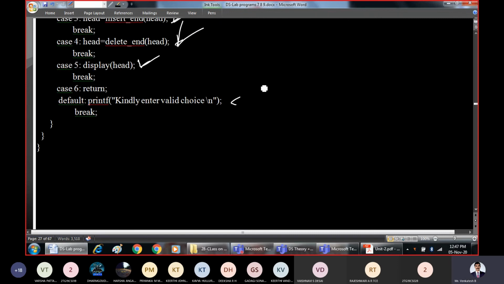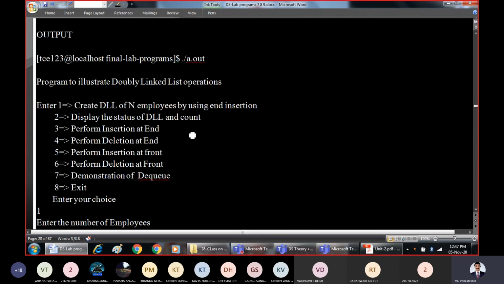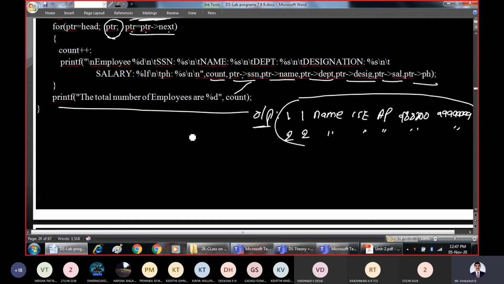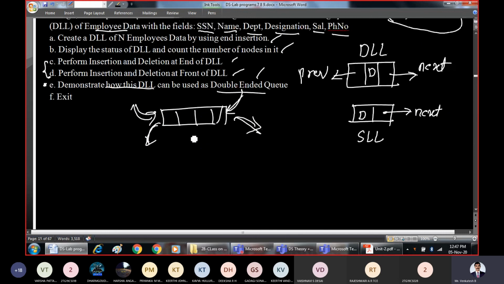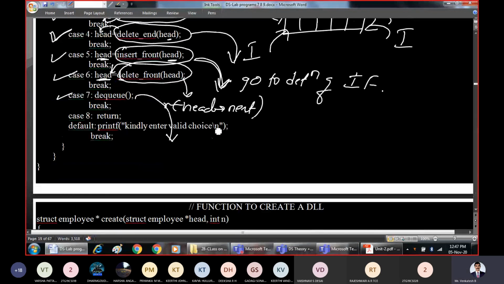Finally, for any invalid choice, we are going to display it as an invalid choice. So this is one sample demonstration of the output. Later on, any of these sheets given to you, you can trace the sample output. From the main function, we have seen all the choices. Case exit is for exit. And if you give any other value other than those 1 to 8, it's going to ask you to enter the valid choice. So these were the